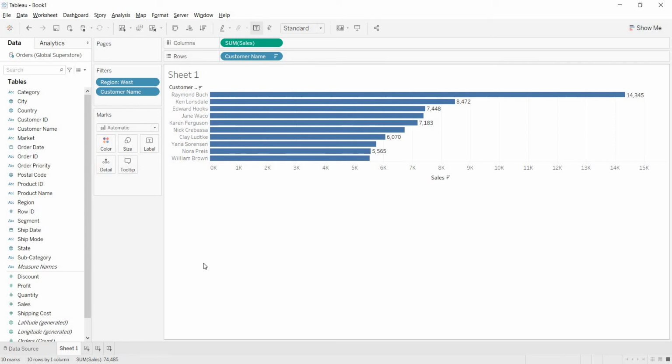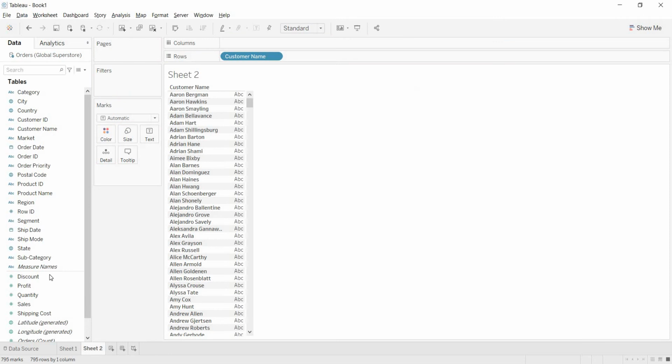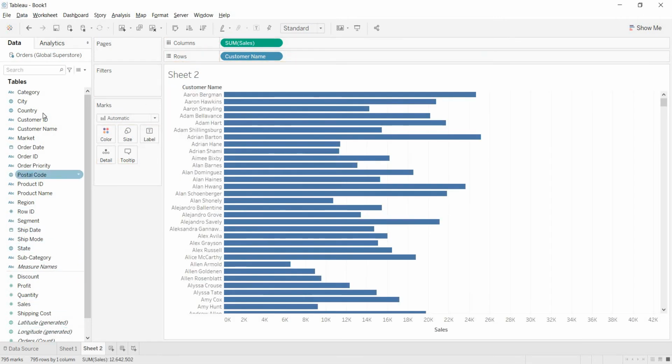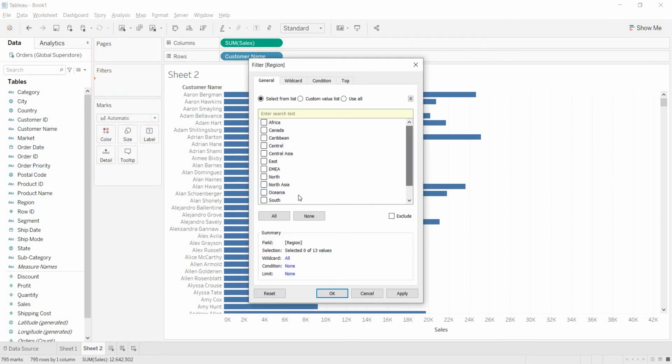So how will we perform it using top analysis filters? In the filter shelf we are having top analysis filters, right? How can we solve this using the filter shelf? Let me take customer name, and now what I'm taking here is region, selecting West.